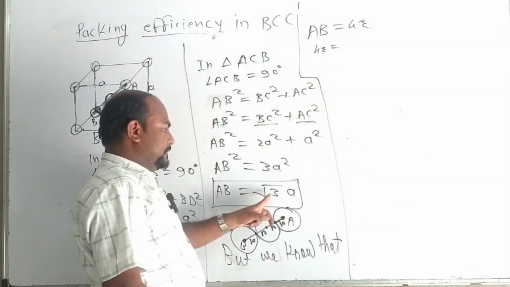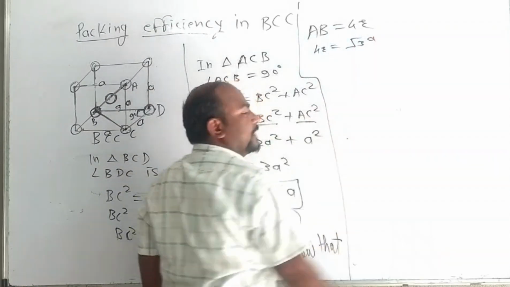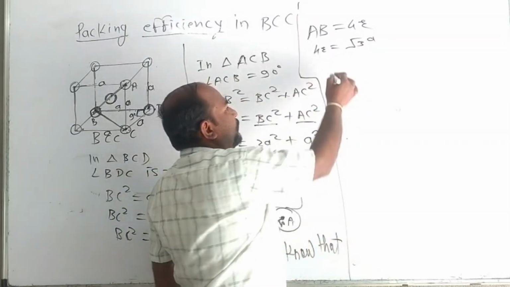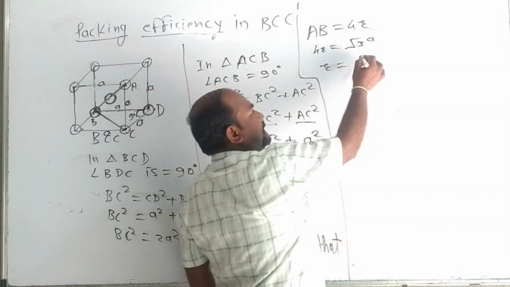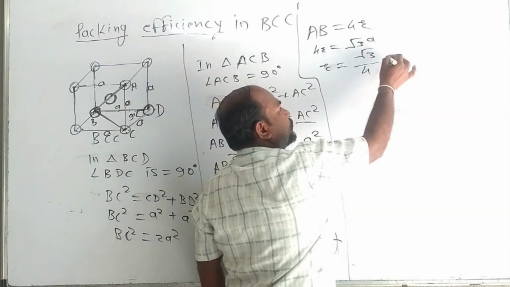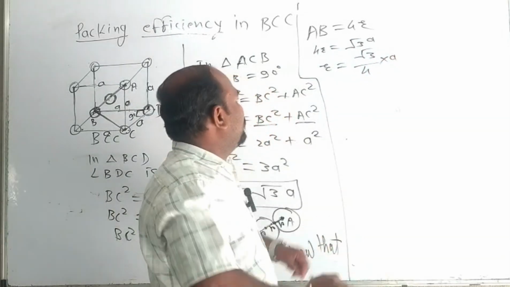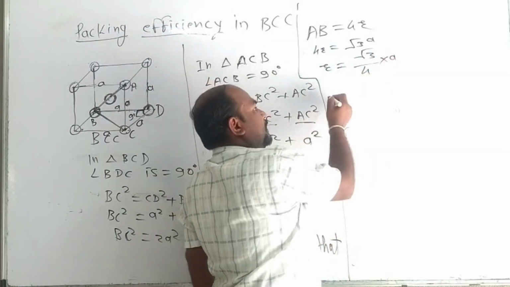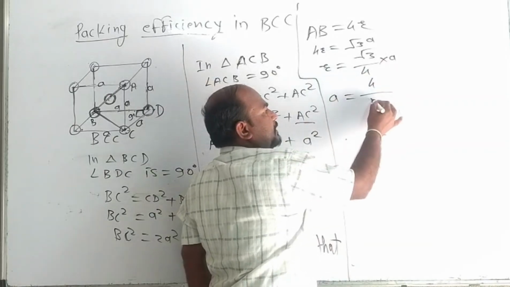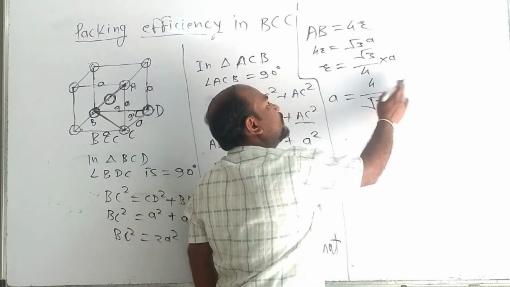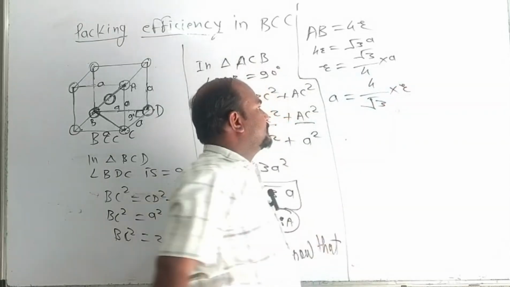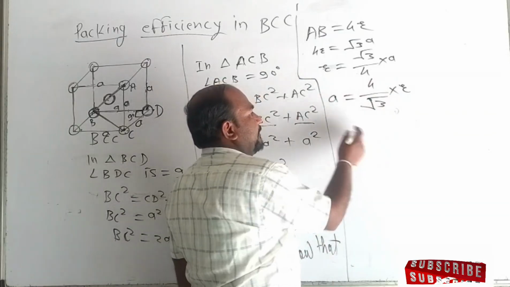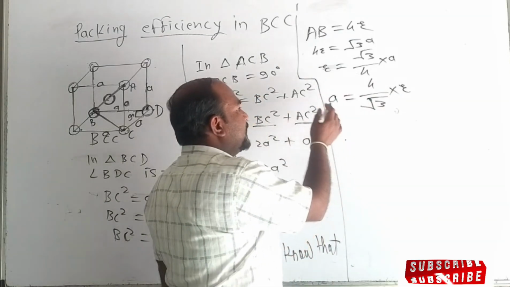4R is equal to under root 3 into A. Got it? If you have to calculate this R, then this R will be under root 3 upon 4 into A. Isn't it? Now, if you have to calculate edge length, then you have to take this on this side, A will be 4 by under root 3 into R. A is equal to 4 by under root 3 into R. From this equation, we can calculate